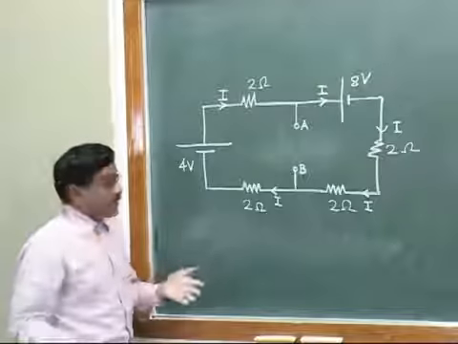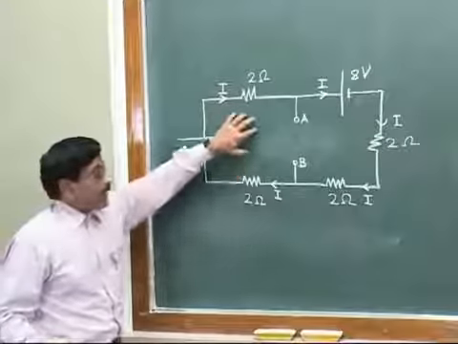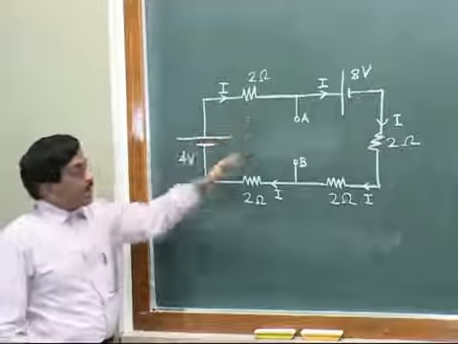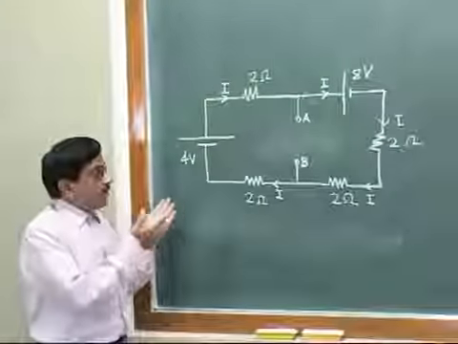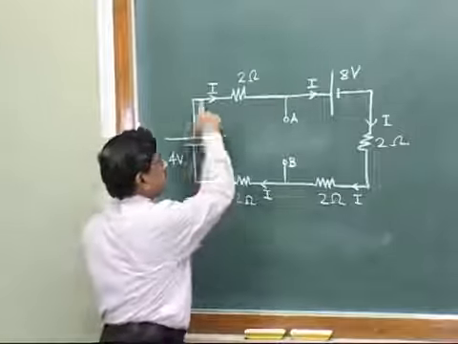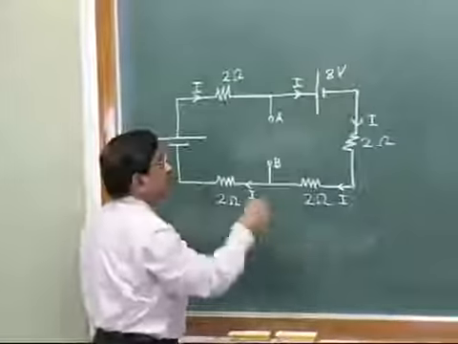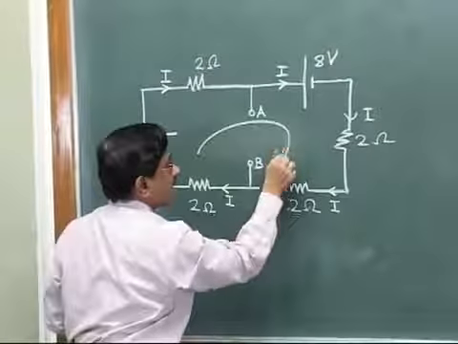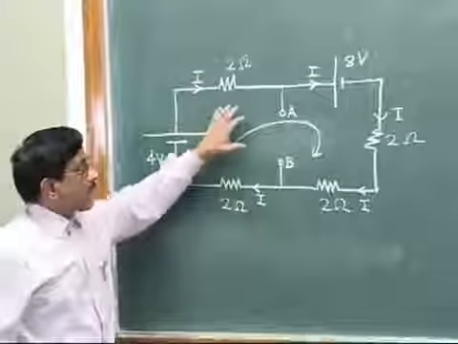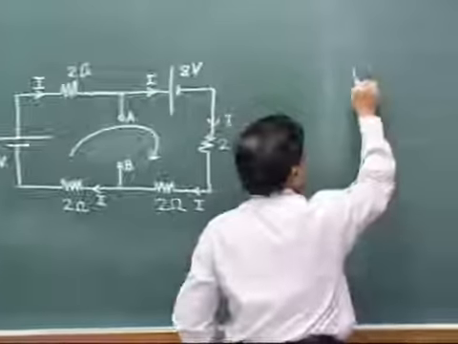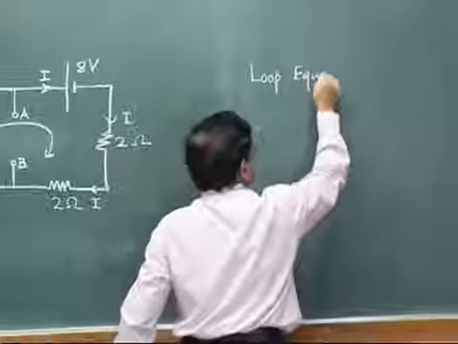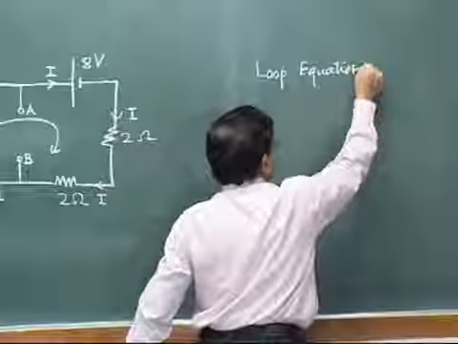And what is the another thing remaining in step 2? That after current distribution you have to write the loop equations. How many loops we are getting? The clear observation of this particular diagram will tell us that we get only one single loop, and it is just this loop because now this is open. So this is the loop, one single loop that we are getting. We assume that we are traveling clockwise. Just let us write the loop equation. So our second step will be, loop equation will be